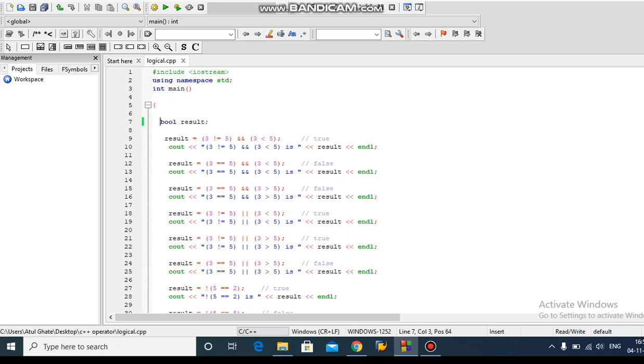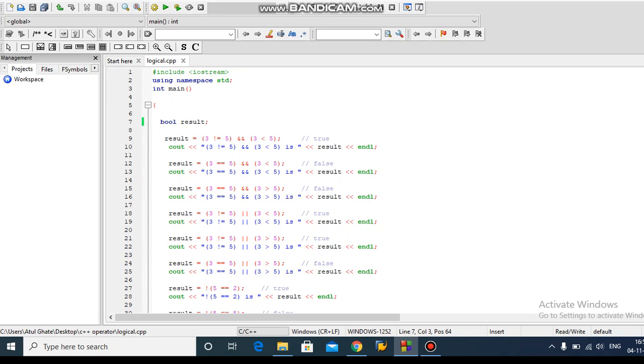Suppose you have to insert again, then you must write the insertion operator at every cout statement. The cout statement always carries the insertion operator, because without the insertion operator you cannot insert any value. It is the console output, meaning it gives the output to the screen, and cin always uses the extraction operator because it takes the input. Then result equals, then it gives the result.